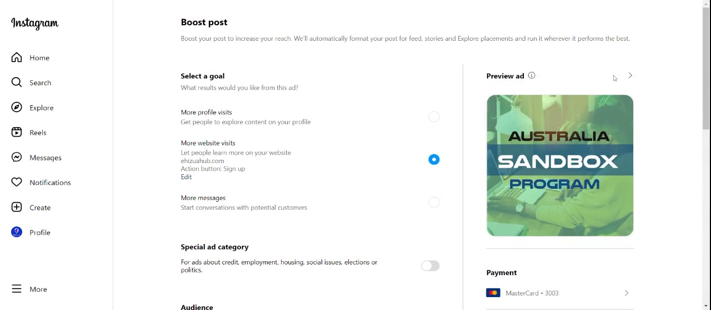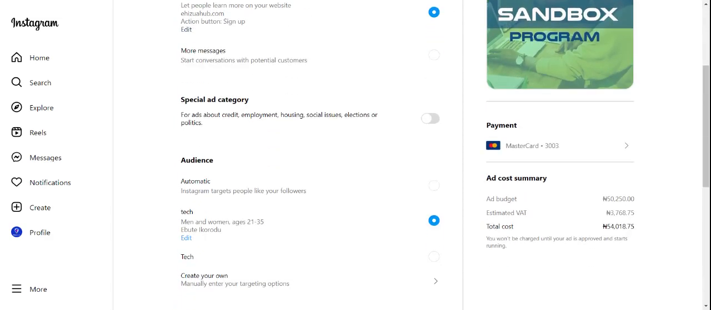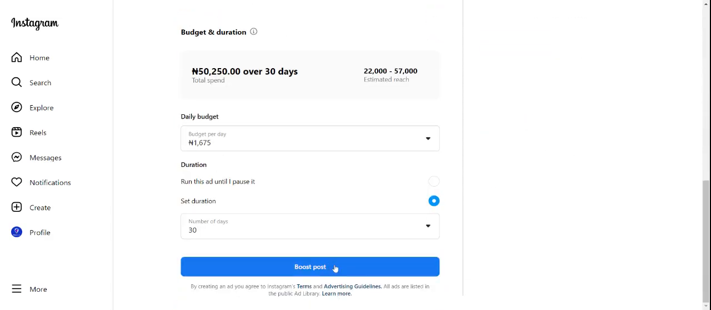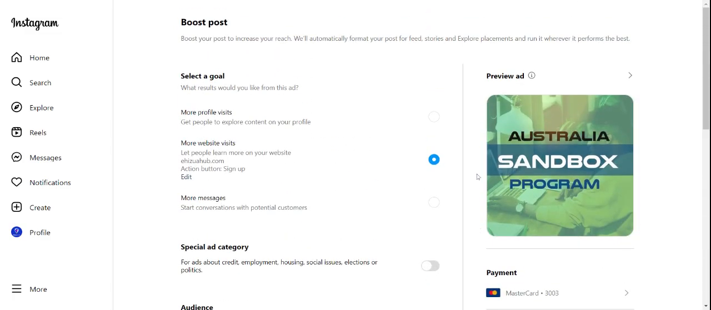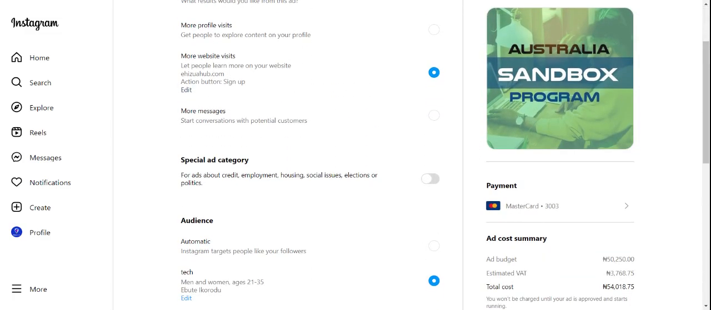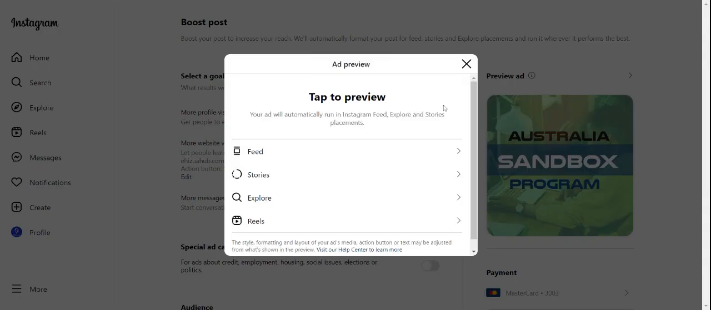When you click on this, it shows you the option to preview your ad. Before you boost the post, when you click on boost post, you will be taken to another page where you would add your credit card details. That's what you use to pay for the ads with your bank card. But on this account, I already have my card details included here, so I don't need to do that manually. So you can even preview your ad to see what it looks like on different